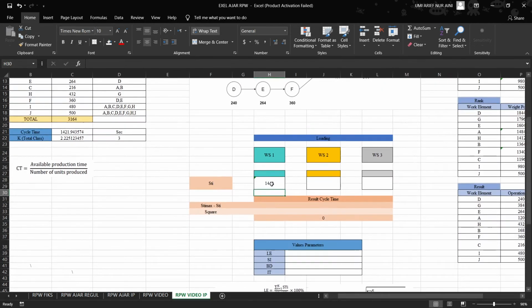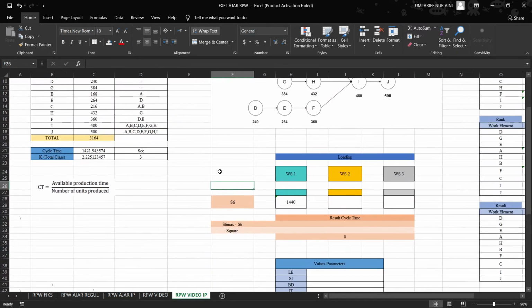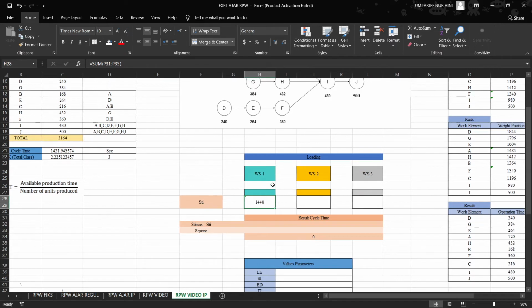The result is 1440. This is important for the cycle time. The cycle time is 1040/21.